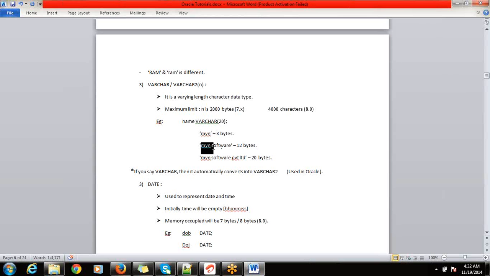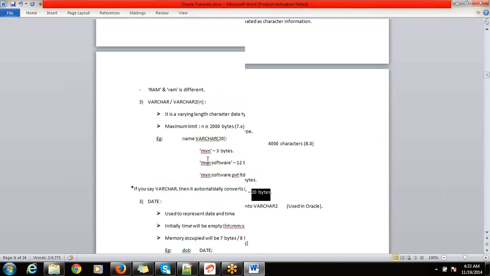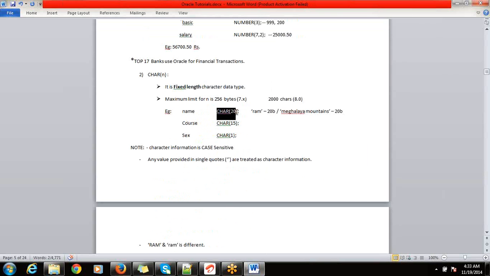And with MVN Software, you give 12 bytes and the remaining 8 bytes can be utilized for some other thing. And MVN Software Private Limited takes 20 bytes exactly. So with varying length, memory can be effectively utilized, whereas with character the memory is fixed, and it cannot be effectively utilized. That's the difference between character and varchar.